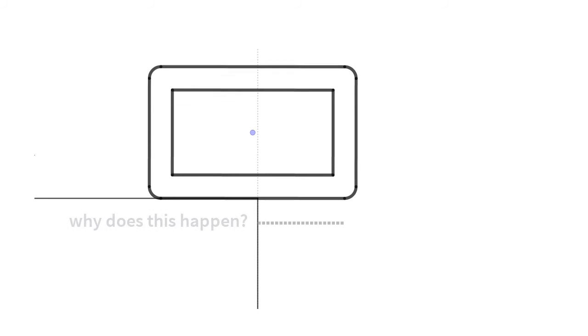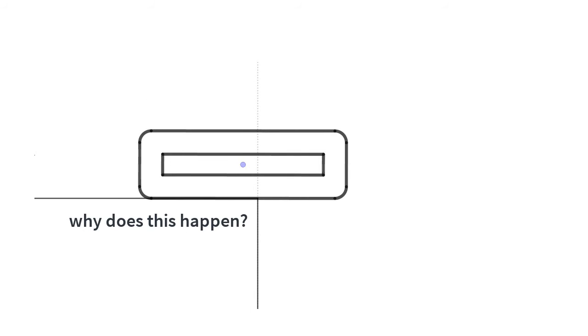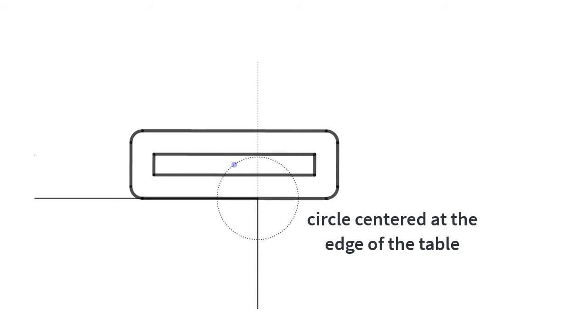Now, an obvious question is, why does this happen, that the object only flips over once the center of mass passes the edge of the table? Let's draw a circle that's centered at the edge of the table. Now, let's assume that the center of mass begins to the left of the edge. And what happens if the object begins tipping over? Well, we can see that the center of mass happens to be aligned with our circle,